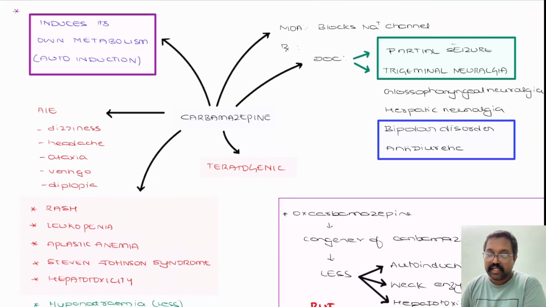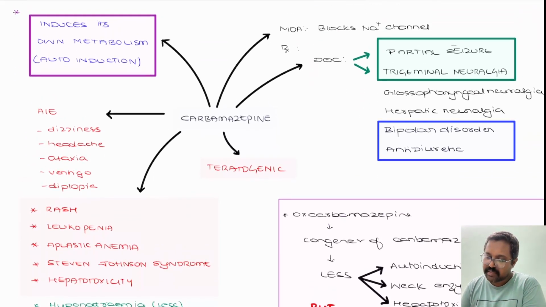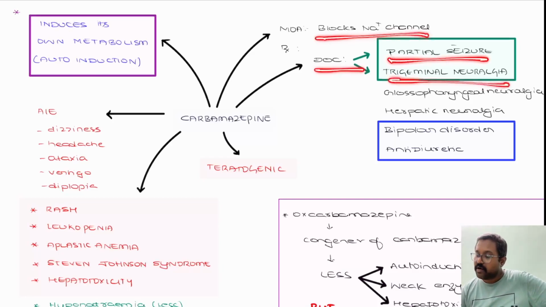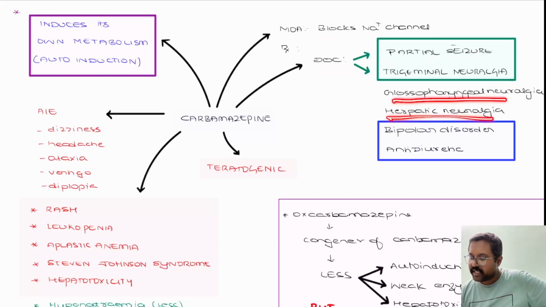Next we have carbamazepine. So again, the mechanism of action is similar to that of phenytoin. It blocks the sodium channel. It is the drug of choice for partial seizures and trigeminal neuralgia. Also, they are useful in neurologic conditions, that is glossopharyngeal neuralgia, herpetic neuralgia,